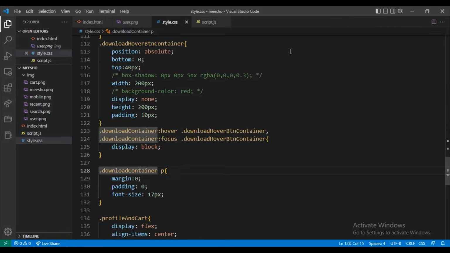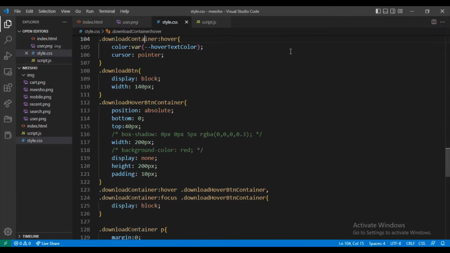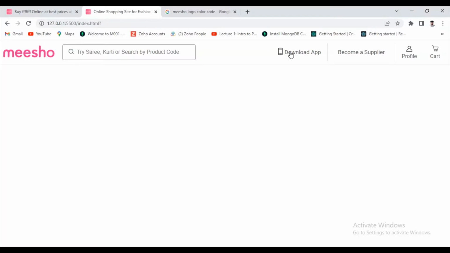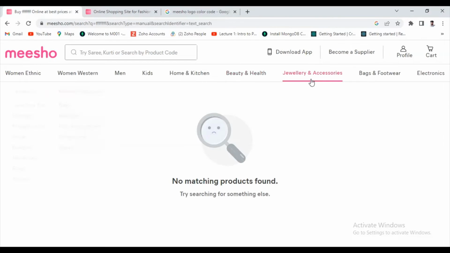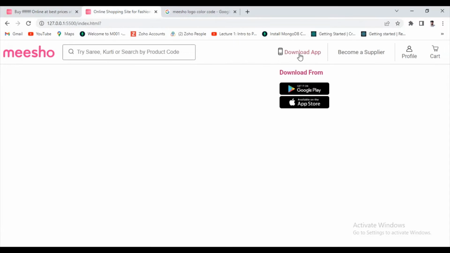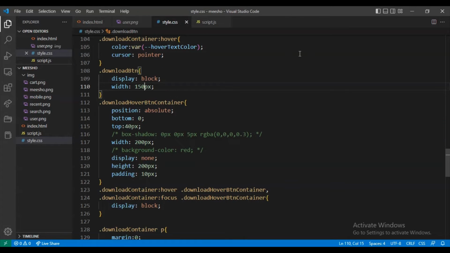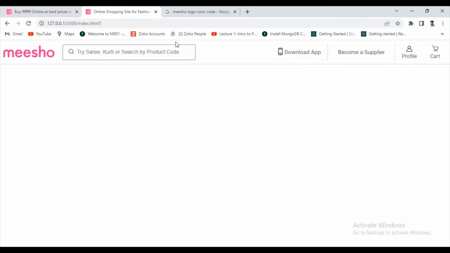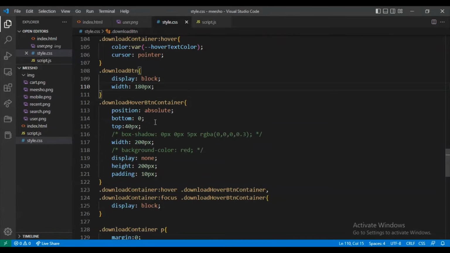I want to increase the image size. Here it looks very big and here it is small. I give this 180. Yeah, now it looks good. But I want to shift this, so I give